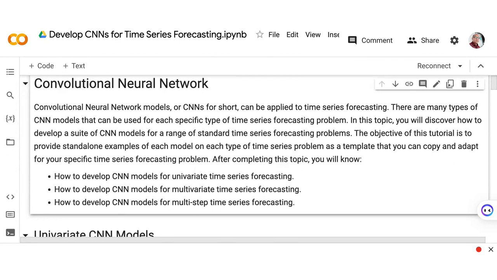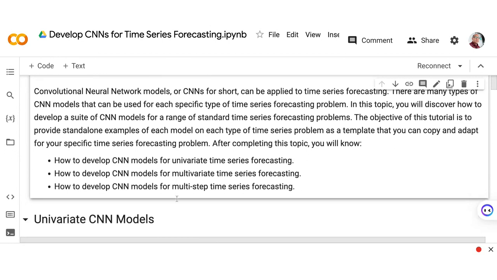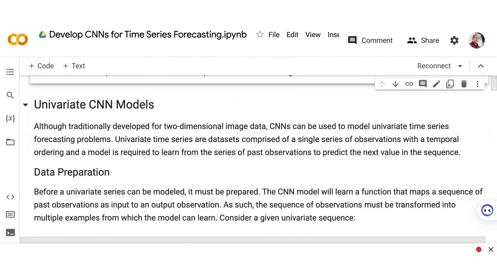Okay, this is just a template. Maybe you can apply it in various ways, but this can be used as a model which you can copy and adapt for your specific time series forecasting problem. I already mentioned the things that we're going to discuss, so let's proceed right away with univariate CNN models.